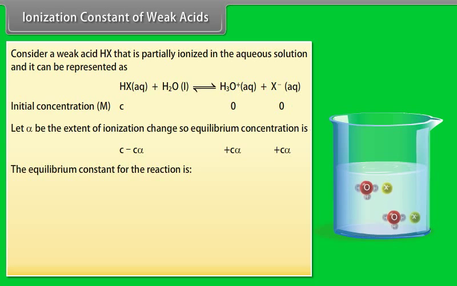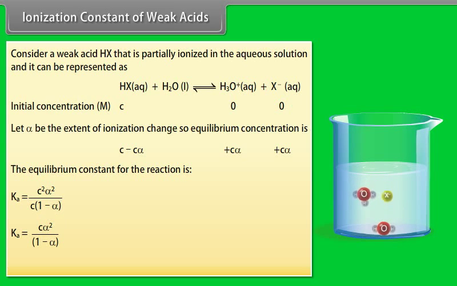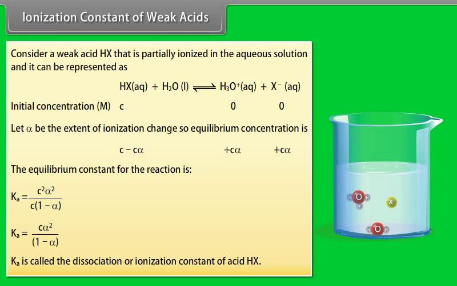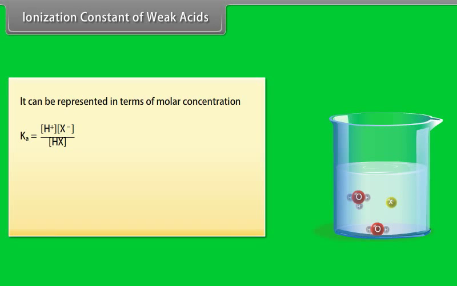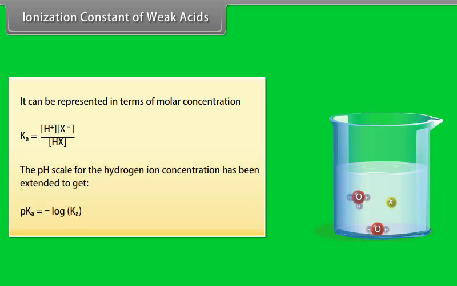The equilibrium constant for the reaction is Ka equal to C squared alpha squared by C into (1 minus alpha). Ka is equal to C alpha squared by (1 minus alpha). Ka is called the dissociation or ionization constant of acid HX. It can be represented in terms of molar concentration. The pH scale for the hydrogen ion concentration has been extended to get